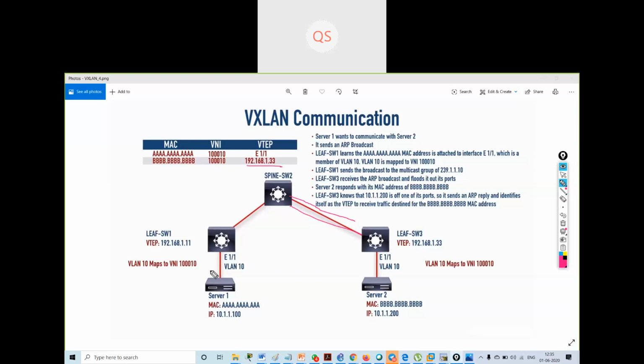This is all automatic, as the normal traditional switch does the ARP things.